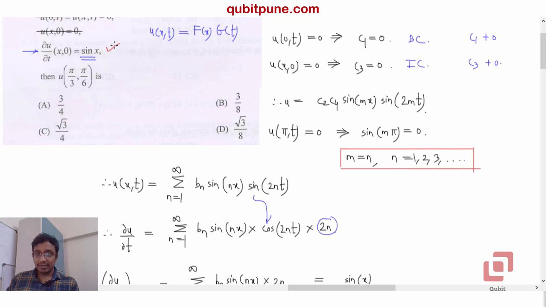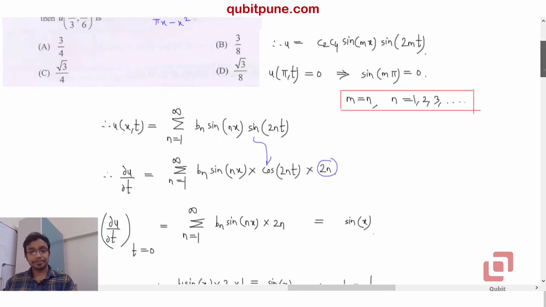Now this saves our time of finding the Fourier coefficient bn through integration. If it had been some other function, then we would be forced to actually use the formula for bn to calculate it in terms of n. In university level problems you may have solved it. One of the very typical functions is Lx minus x squared or pi x minus x squared, and you may have already determined its Fourier series when you studied it. But anyway, we'll return to the problem now.